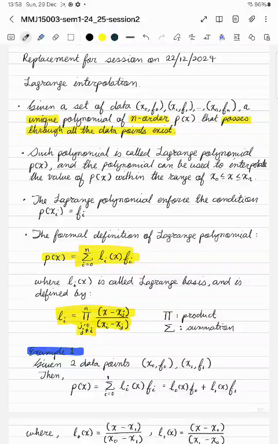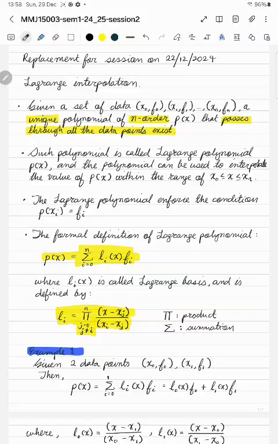So today we are going to review the notes that I sent you. It's supposed to be a replacement for the session on the 22nd December, and the topic will be on the Lagrange interpolation. So if you read the note before,